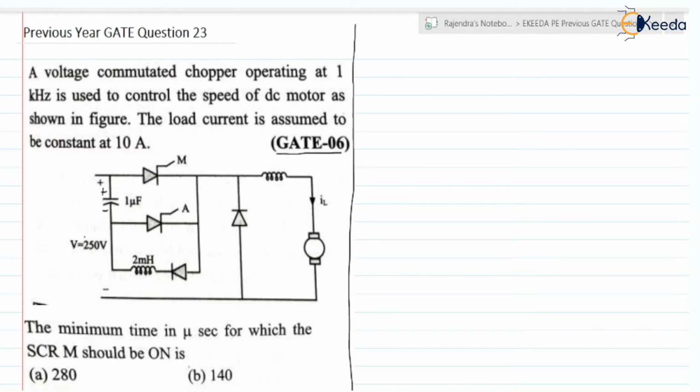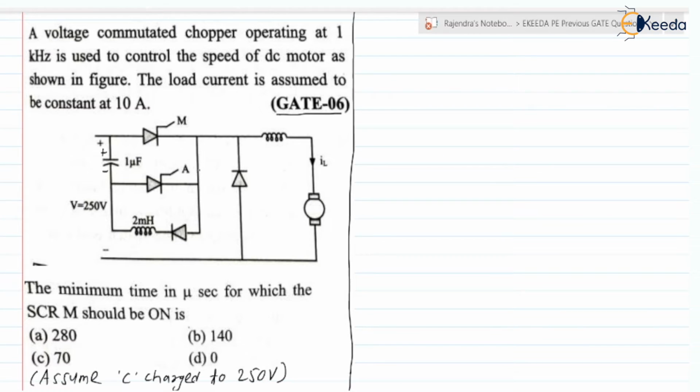the figure. So it is a voltage commutated chopper circuit, that is nothing but the class D commutation circuit. The load current is assumed to be constant at 10 ampere. The minimum time in microsecond for which the SCR M should be on is, and they have given four options. So our task is to find the minimum conduction time of the main SCR. Here the capacitor is initially charged to a voltage of 250 volt,